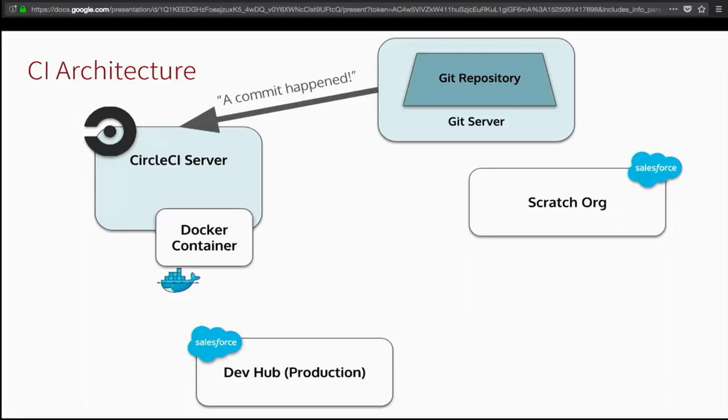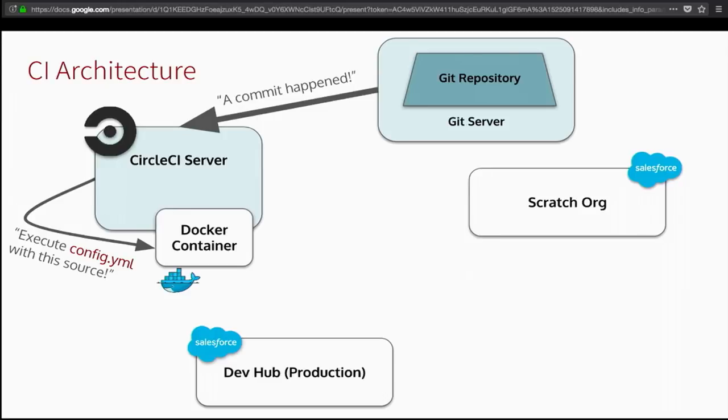The Git repository is going to send a message to the CircleCI server letting it know that a commit's happened. Someone's done some work on this project. And then the CircleCI server is going to take that and say, I want to execute my config.yml. And I'm going to explain what config.yml is in just a minute. But to be brief, it's a definition of exactly what needs to happen to build and test this piece of software that we're working on.